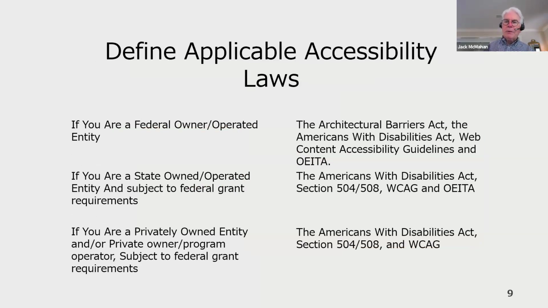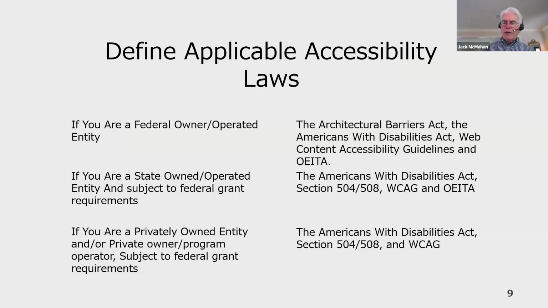The number of accessibility laws, the number of legal entities, everybody from federal laws to state to local, like the Smithsonian, are very, very confusing. It's just overwhelming in terms of what laws do I need to follow. So I've written out here kind of like a pathway. So if you're a federal owner operator, so this exhibit is taking place, presented by the federal government, and it's in a federal government property, you can see here the list of the number of laws that you're required to